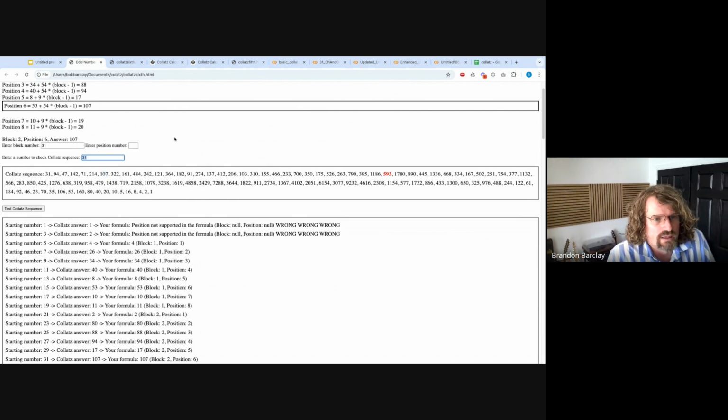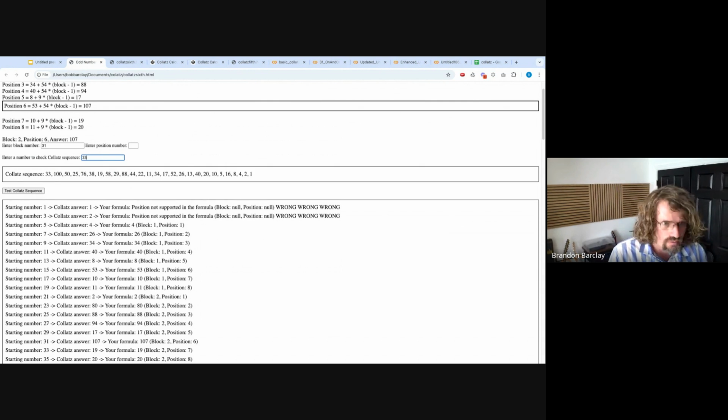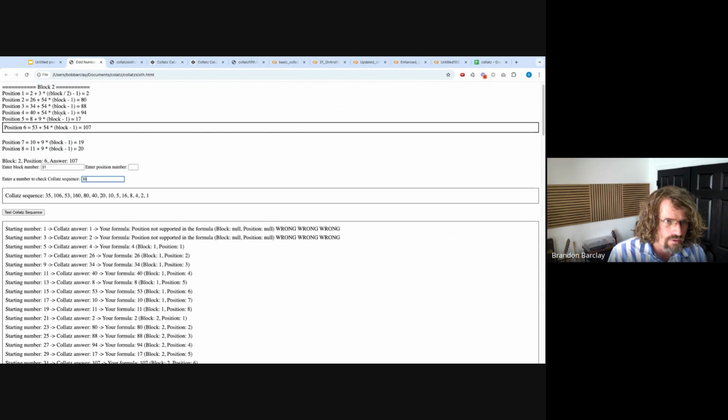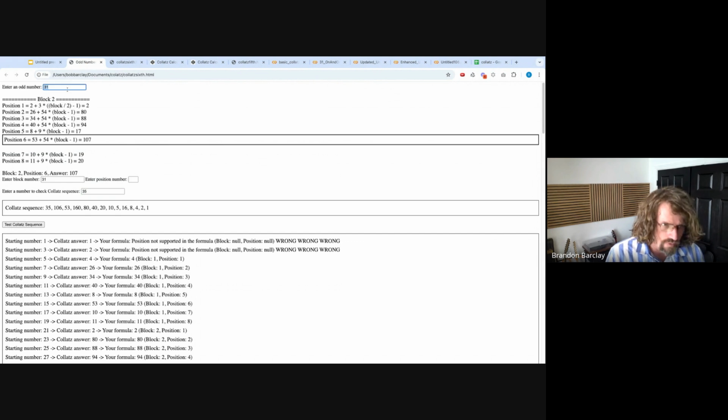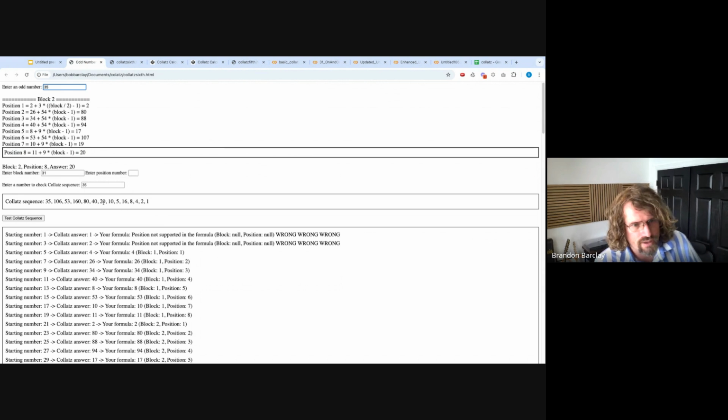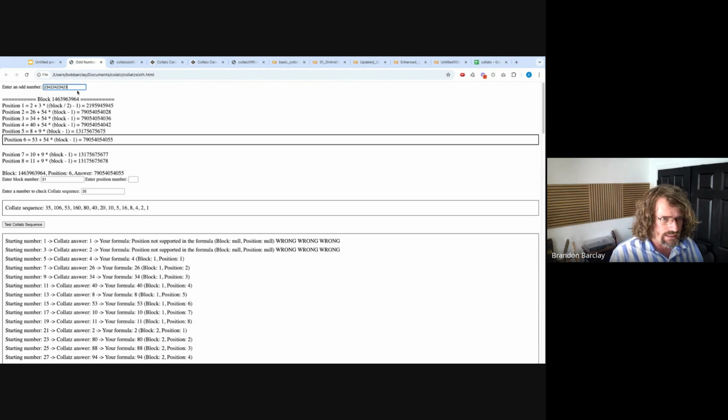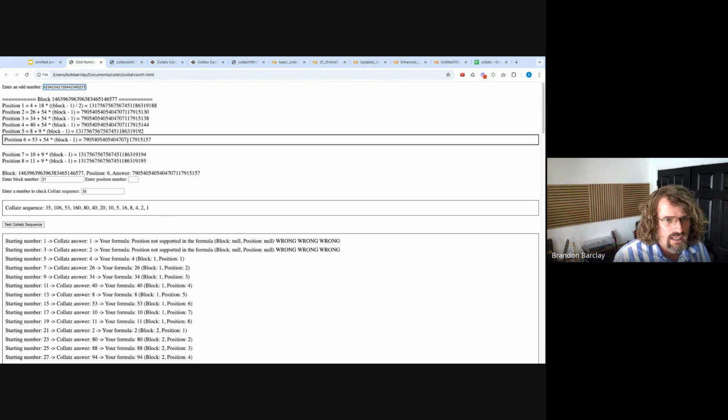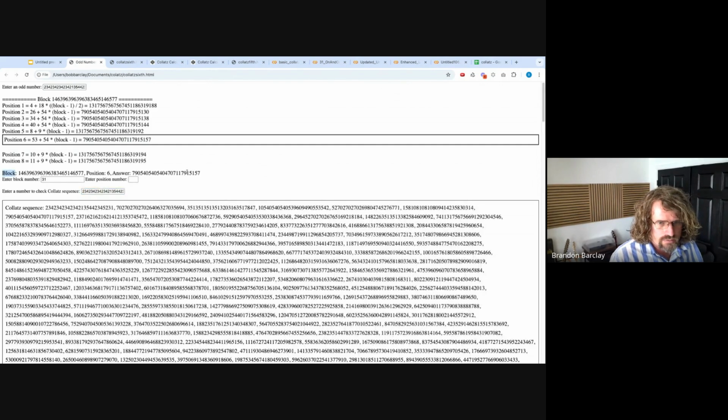The next one is going to be 33, which is right here, and if I check that one, it's going to be 19 here. And this next one would be 35, right? Let's go back up here and check that too. 35 right here is 20. So you can see that the formulas work, and they work to an extended range. I've done some crazy numbers here, and you can just copy this number down here, run the Collatz on it, do a search,